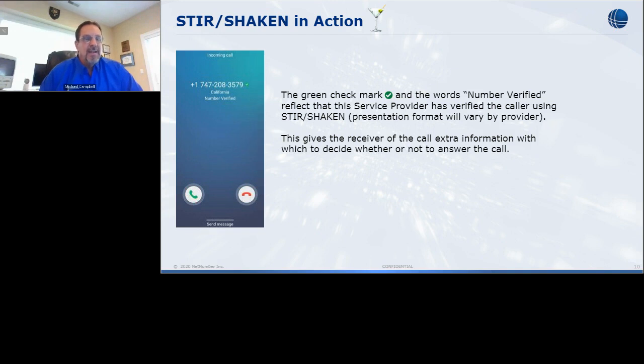The only thing in general that will drive a green check mark on a display is an A attestation. In general, what everybody is aiming for is to get an A attestation, because for most device manufacturers, that is the only thing that will actually drive that green check mark. So really, this represents A. That's what it's all about.